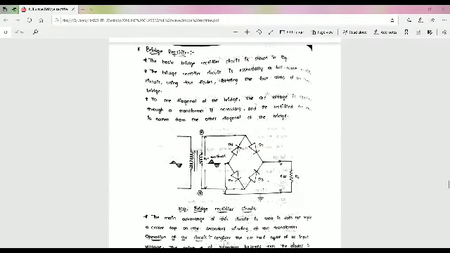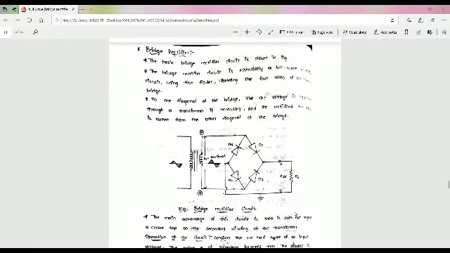Now the diodes D3 and D4 conduct in series with the load, and the current flows as shown. It is seen that in both half cycles of the AC, the load current flows in the same direction through the load. Hence we get a full wave rectified output. The waveforms of the load current and voltage remain exactly the same as shown before for the full wave rectifier circuit.